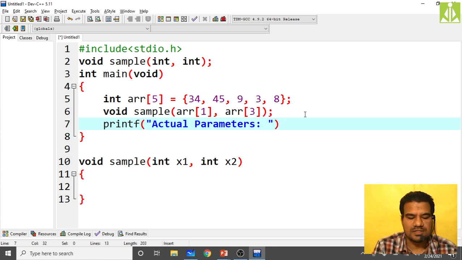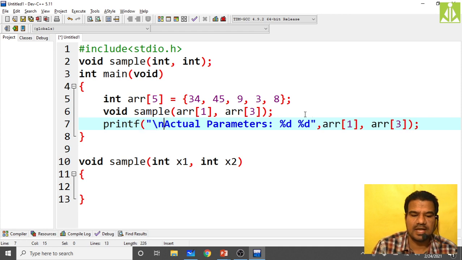That is percentile d, comma, array of 1, comma, array of 3, sorry, the third element, I mean the fourth element we passed. So this is after the change, I mean after calling the function, I am printing these values. Here you put \n.